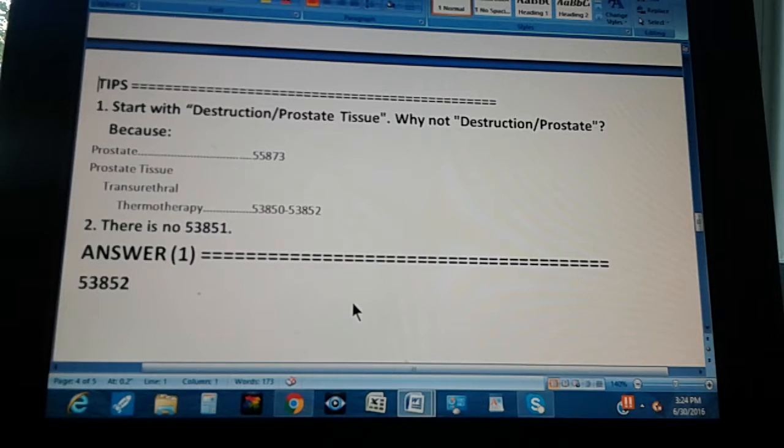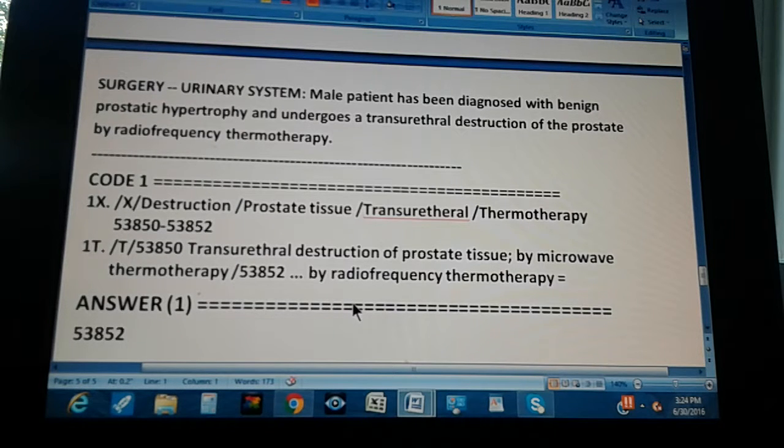1, 2, 3. Okay, let's read the whole summary of the problem. This is the surgery section of the CPT code, the urinary system. A male patient has been diagnosed with benign prostatic hypertrophy and undergoes a transurethral destruction of the prostate by radiofrequency thermotherapy. That's the procedure. There's only one code, and it is found through the index like this. First you go to the index. Then you go to destruction. Then you go to prostate tissue. We told you in the tips why. And then you go to